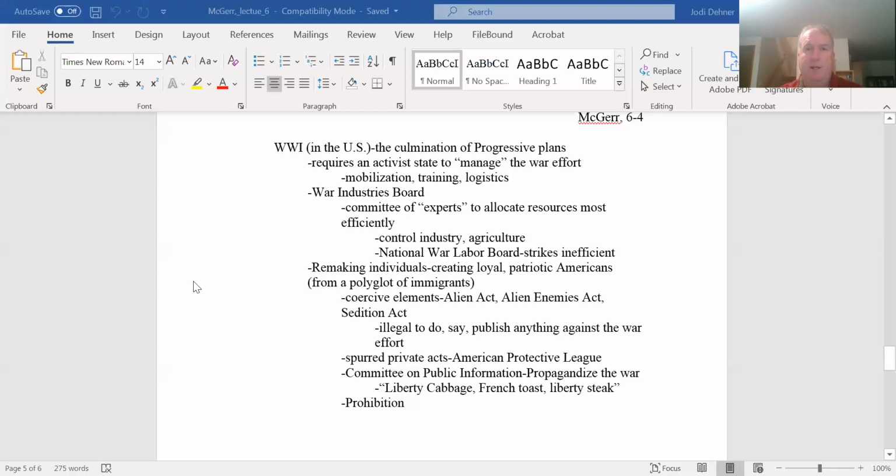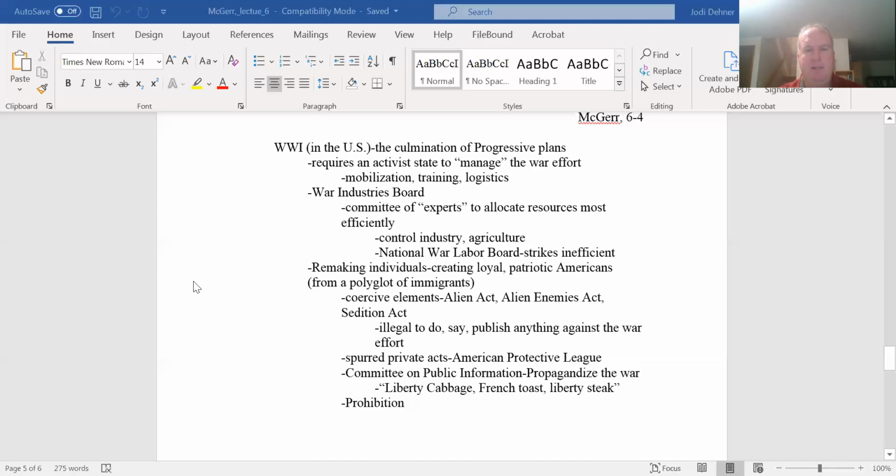Good things come out of this as well. Clearly I feel prohibition is bad, but good or bad, prohibition comes about because of that. But good things come out of this as well, because this suffrage movement, giving women the right to vote, the pressure came because women suffrage folks demonstrated outside the White House and were arguing that this is a war that the president was calling a war for democracy. Yet here in the United States, women can't vote. It sounds very undemocratic.